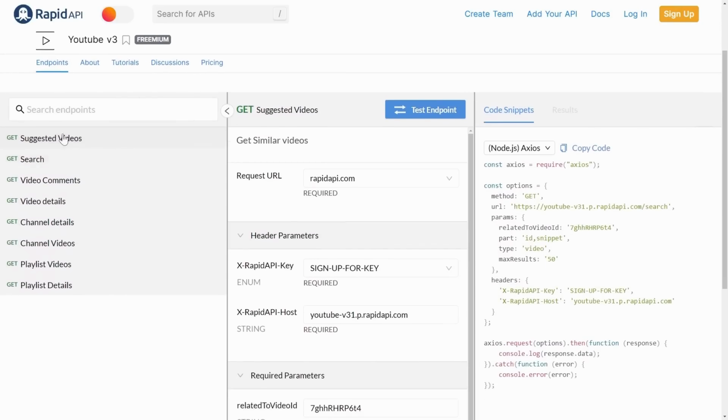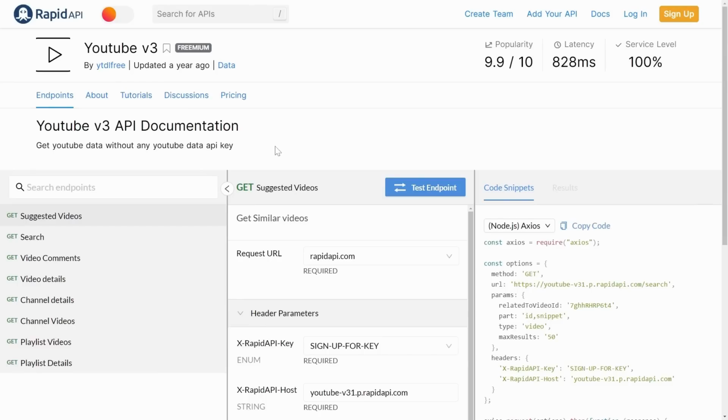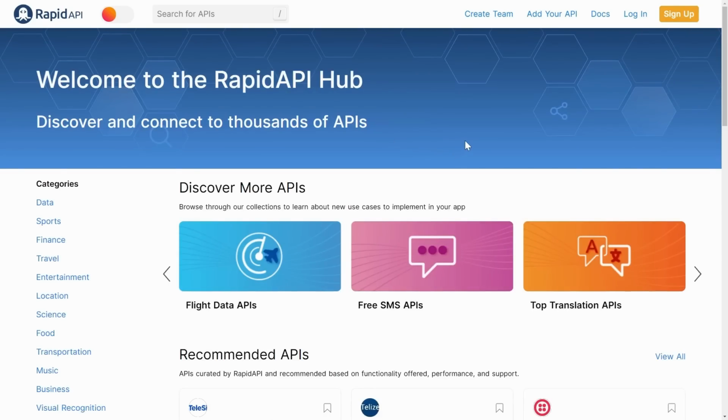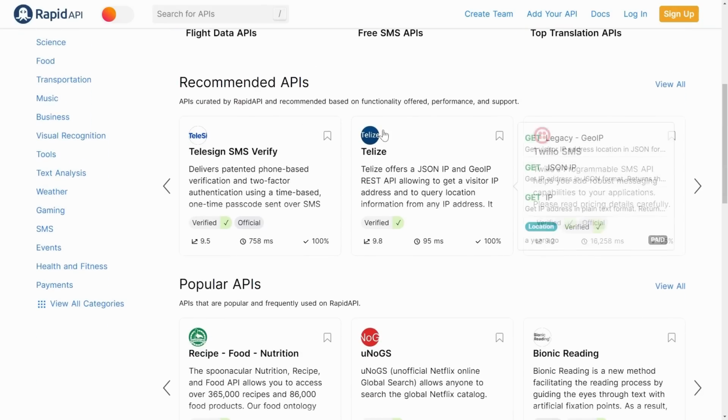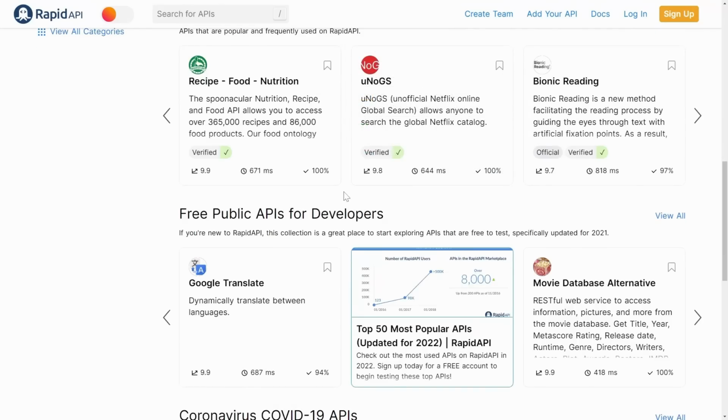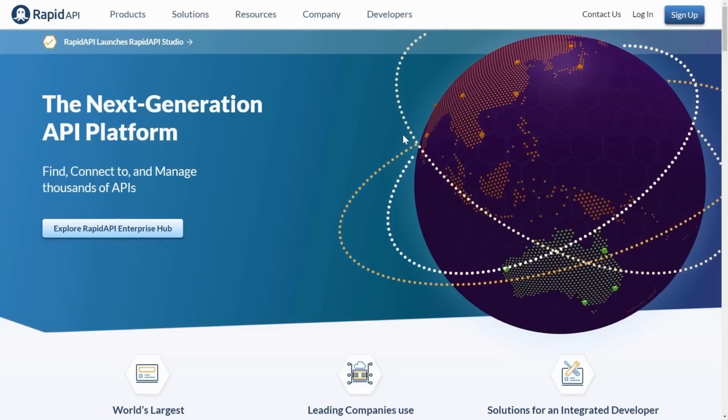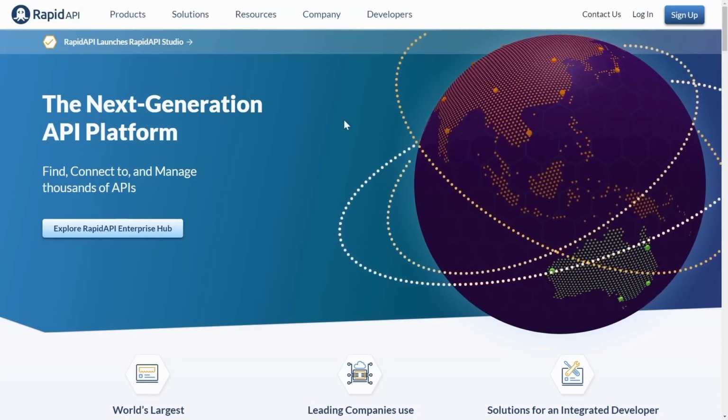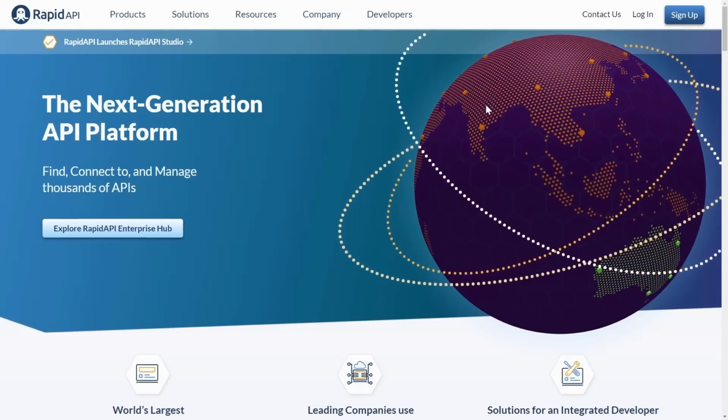You're going to learn how to use most of these endpoints from this API. We're going to talk about suggested videos, search, video details, channel videos, and much more. By utilizing this API, you'll be able to later on create your own projects using any of the APIs listed right here. So, to be able to use these APIs, make sure to use the RapidAPI link in the description,